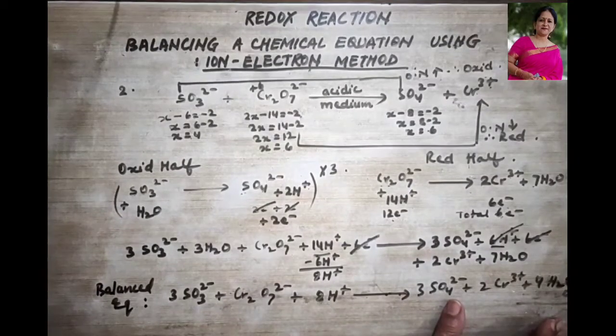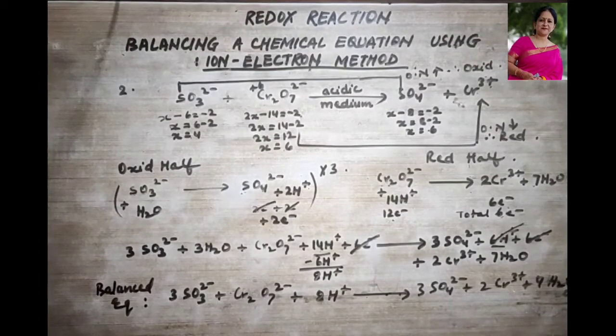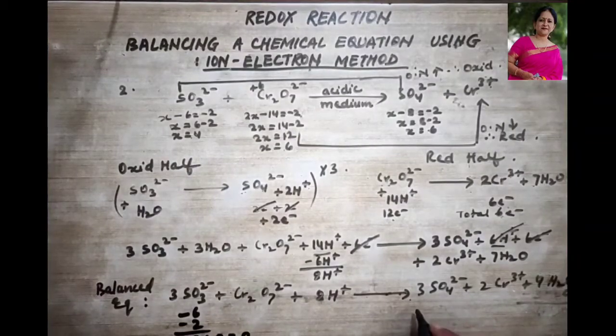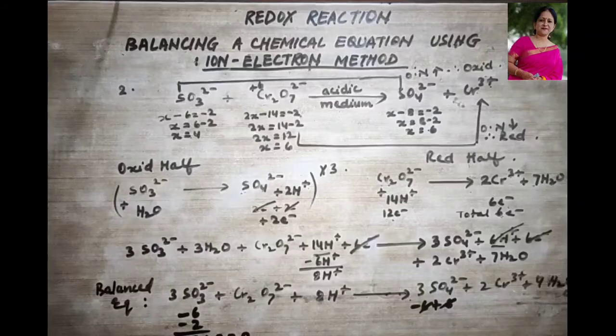Also need to check the charges at both the sides. So over here 3 2s are 6 negative, 2 negative, minus 6 minus 2. This makes it minus 8. Minus 8 and plus 8, and plus 8, that means charge is 0. 3 2s are minus 6. 3 2s are plus 6. Charge becomes 0. That means this is balanced. Clear?